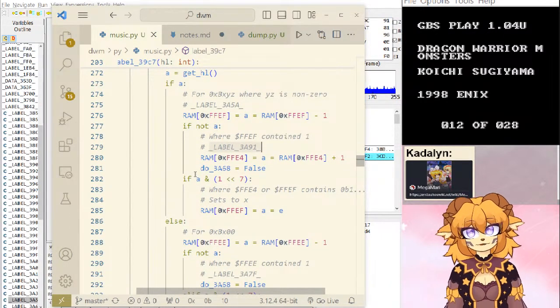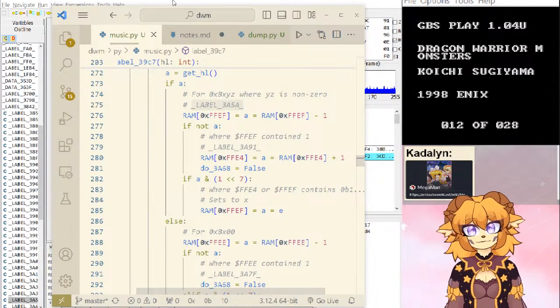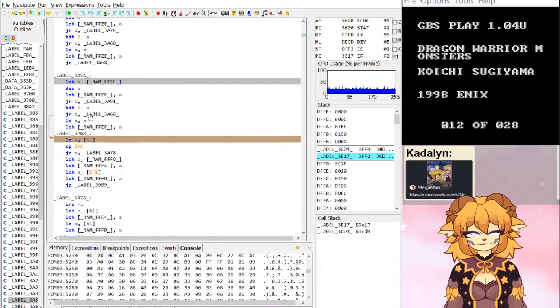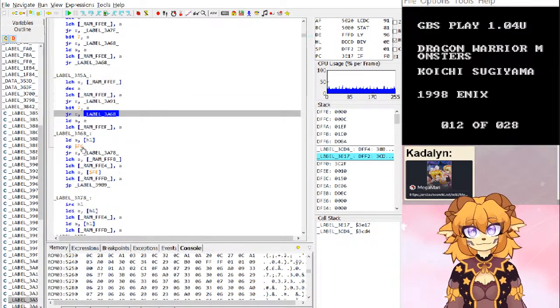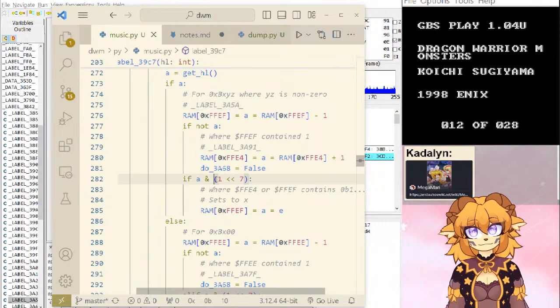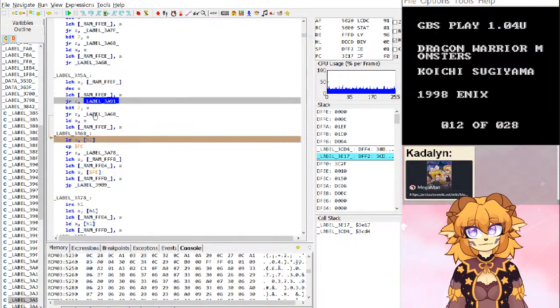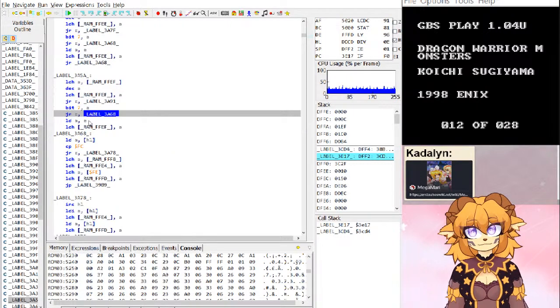I'm pretty sure that's correct. I'm pretty sure. Okay, so does this check bit 7, which is that check. Okay, so not A. Flimsy, not A. 3, 8, 6, 8.